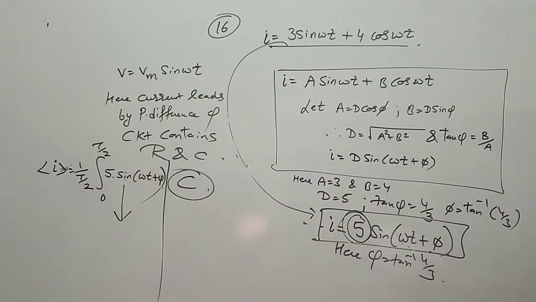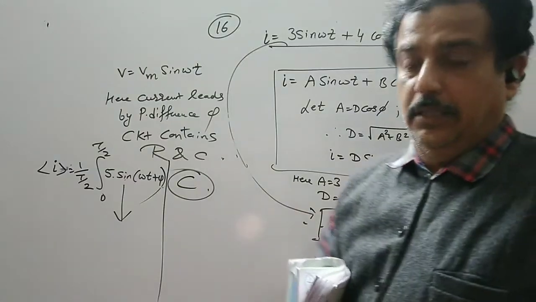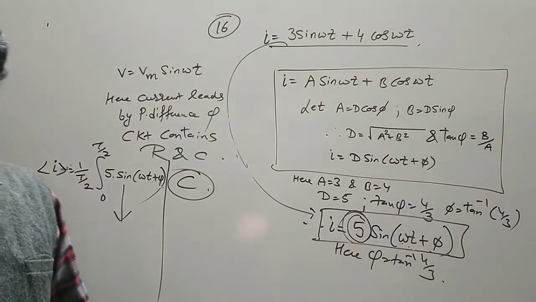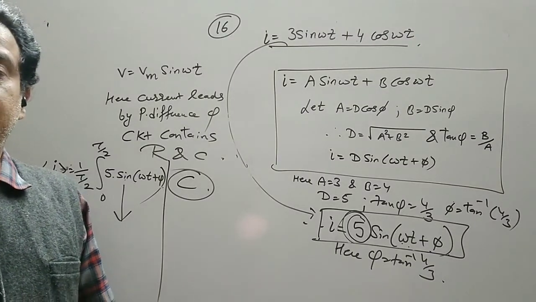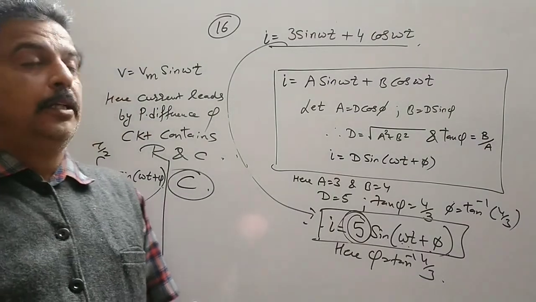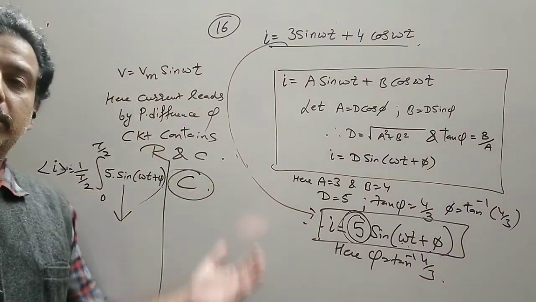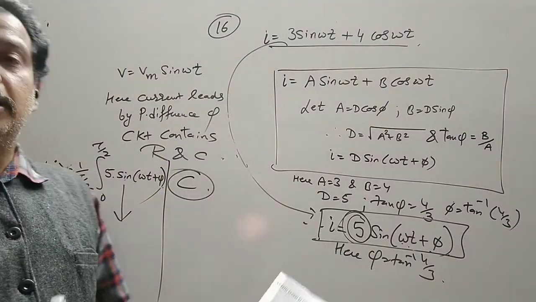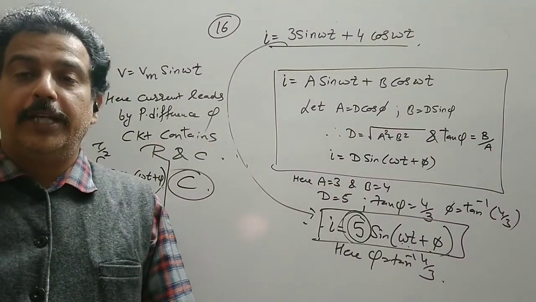So this is what we have for today's lecture. Another sheet for practice is also given in the description. So download the PDF file and do the calculations for the other numericals related to AC current.